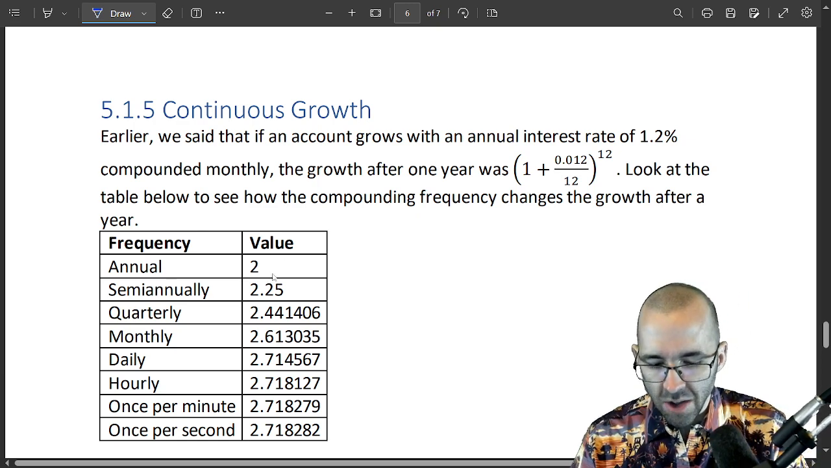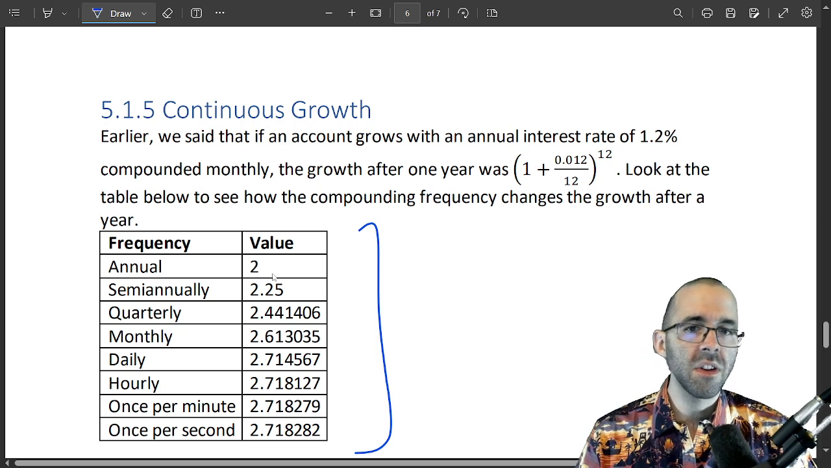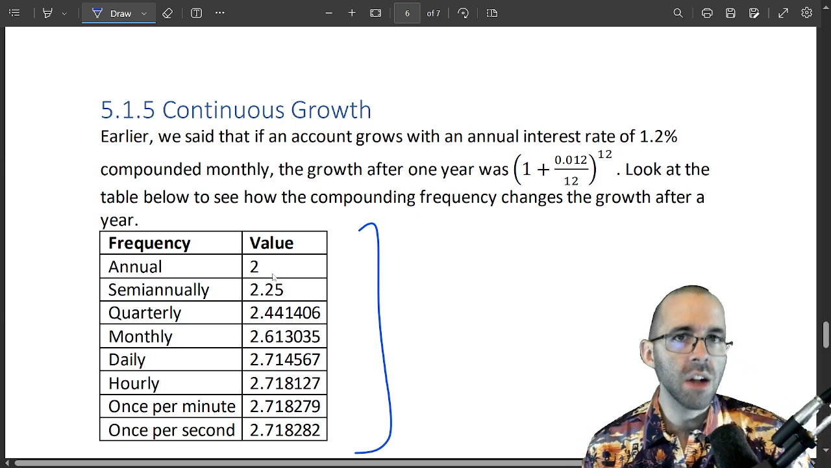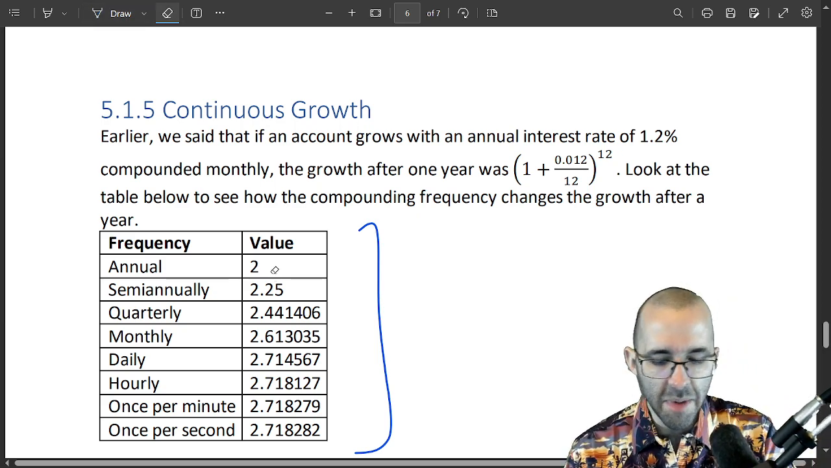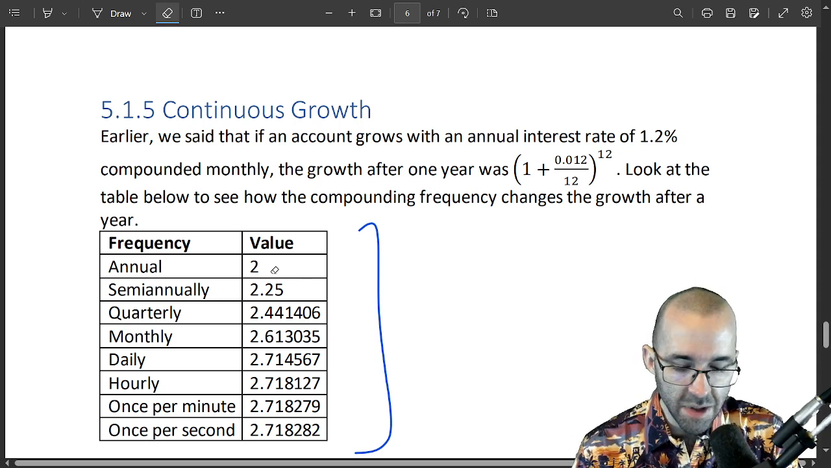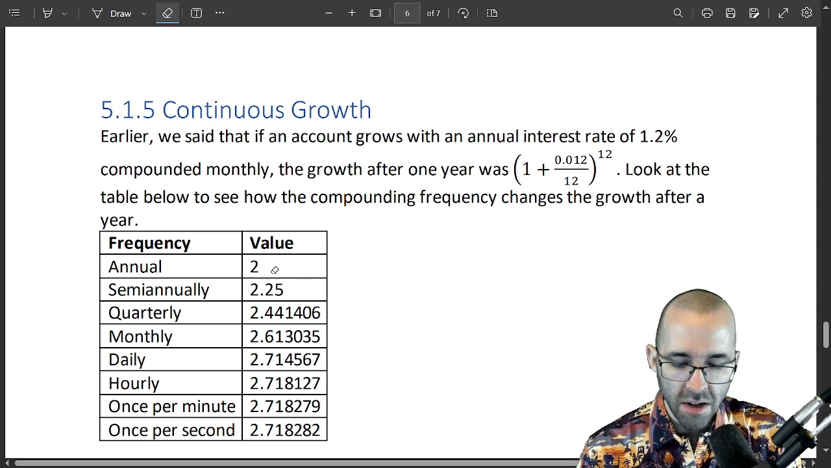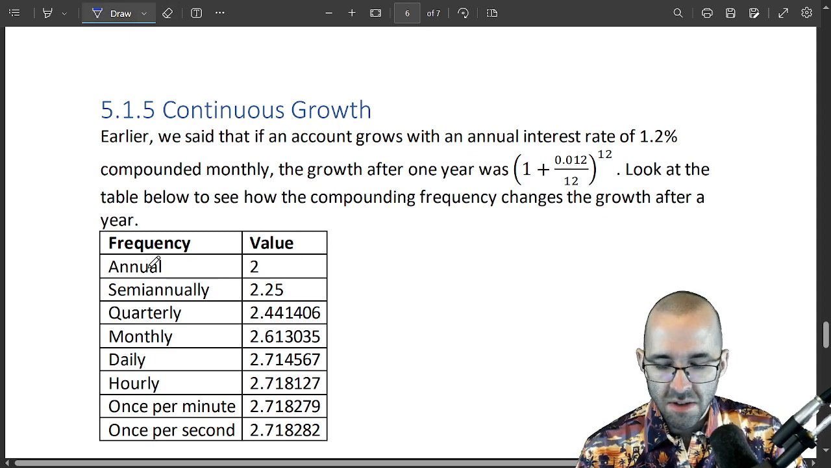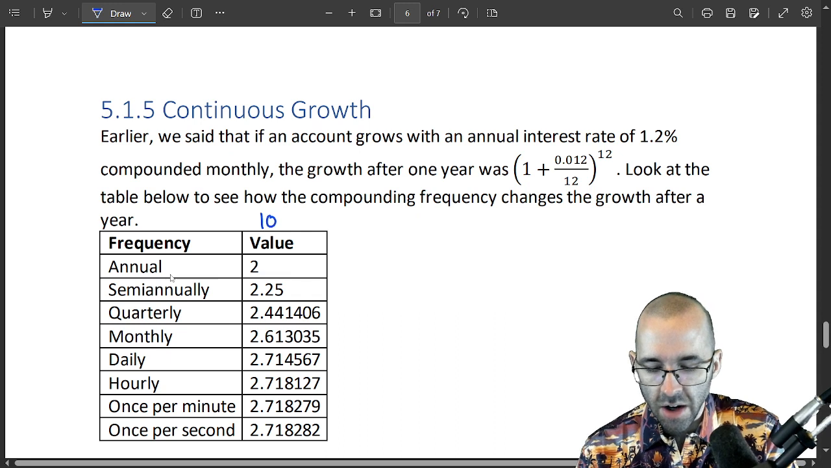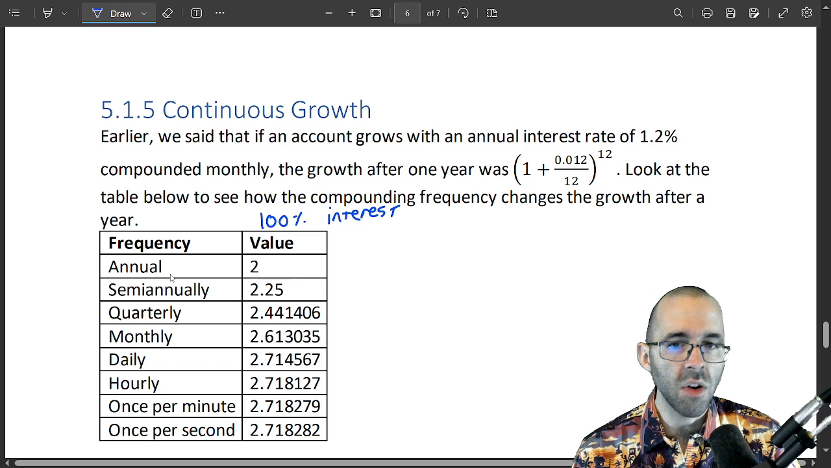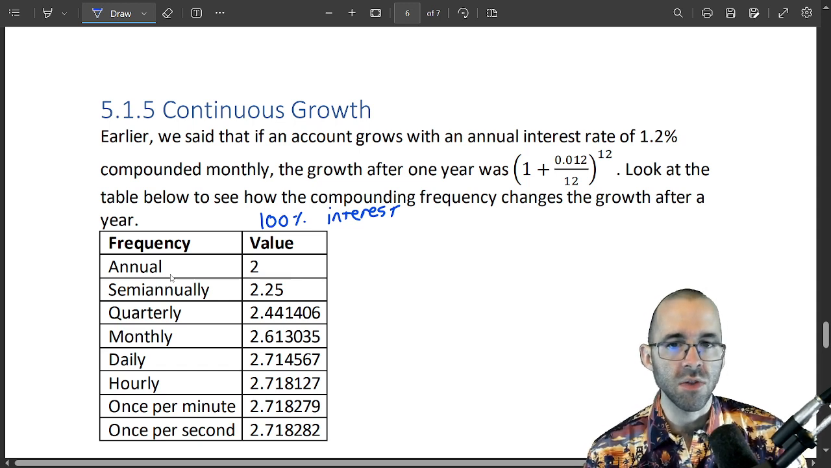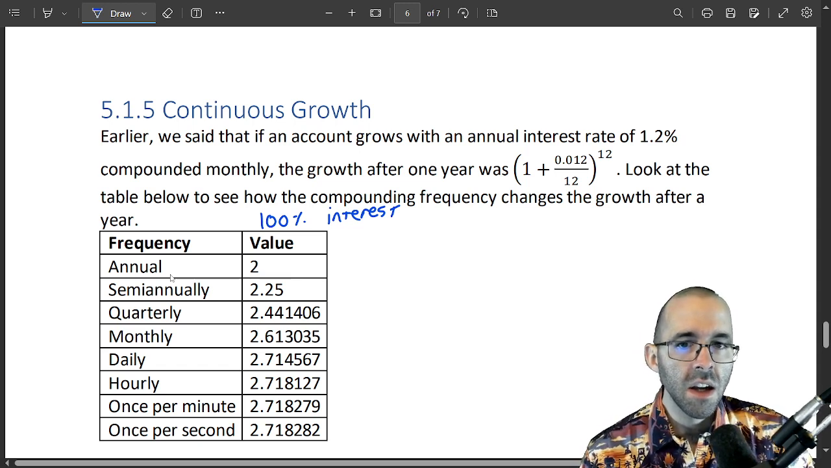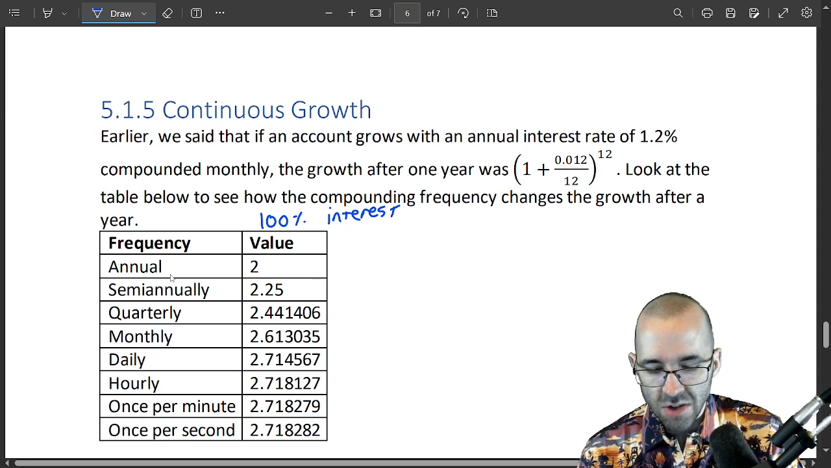So all of these values over here are looking at the growth of a $1 investment, just to make it a little easier to see, after 1 year with 100% interest. Again, all of these are 100% interest, which is great. If it only compounds once, then we get the true doubling. But if we do 50% interest twice, which is really what's happening here,